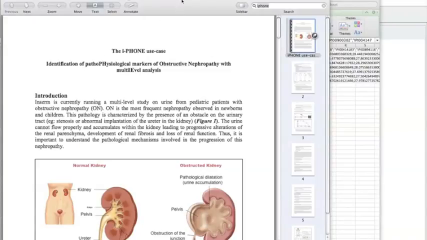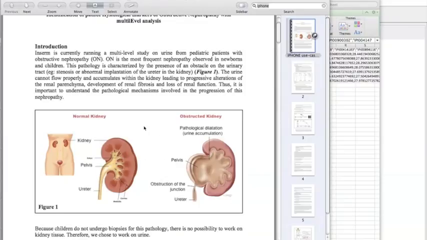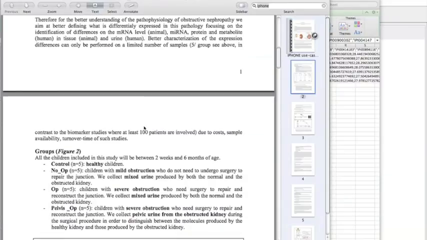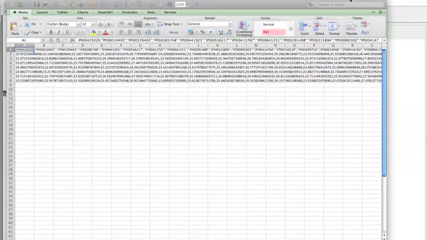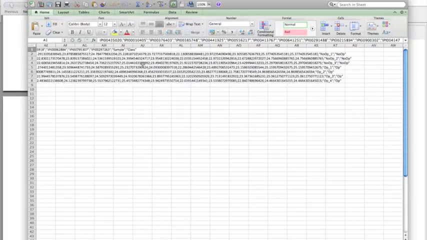So I'm going to do a quick demo of the e-lico plugin to Taverna, which will hopefully show off the various bits of infrastructure that we've got and how we can actually connect them together and start addressing some of the use cases. The use case I'm going to use comes from the iPhone use case on obstructive nephropathy in the kidney. And essentially we have some data about proteins in urine, and we want to do some